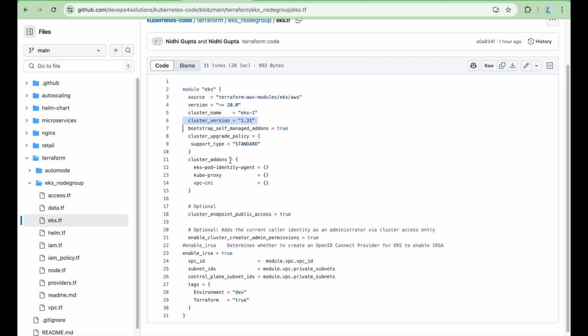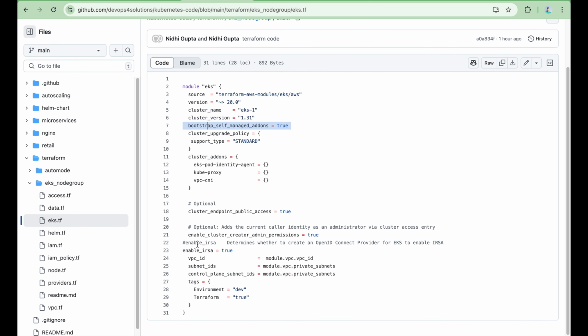So here I have added the cluster add-ons: EKS Pod Identity, kube-proxy, VPC CNI, and the upgrade policy as standard, bootstrap self-managed add-ons true, and all the other things, cluster endpoint public access is true, and then enable IRSA. Because we need the OpenID Connect provider, we are enabling IRSA also.